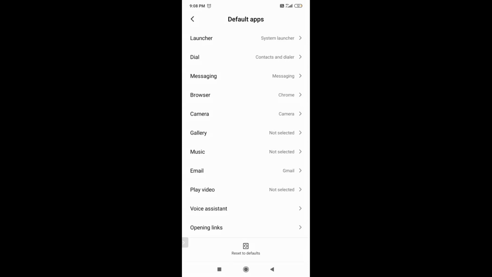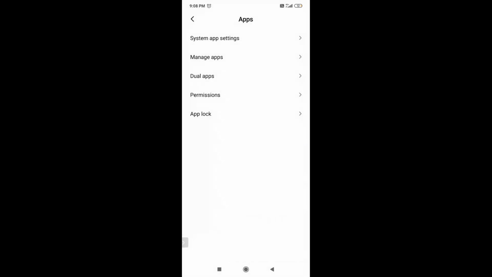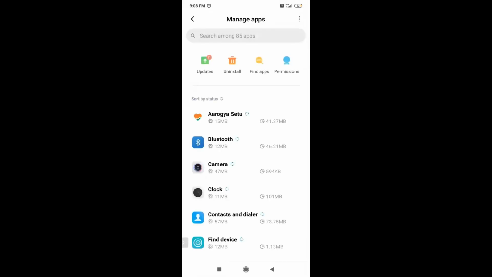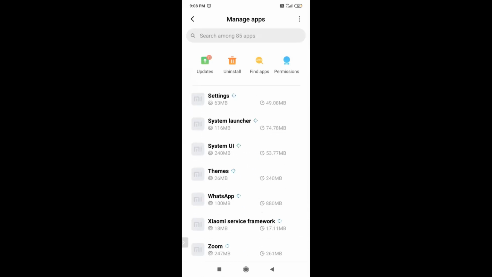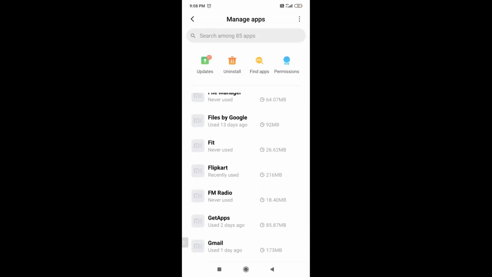Now we have to delete the data like we have done in the earlier phone video. You just have to click on manage apps again, and again you have to scroll down to the option which is Chrome. Just scroll down a little, they are alphabetically arranged, I guess.